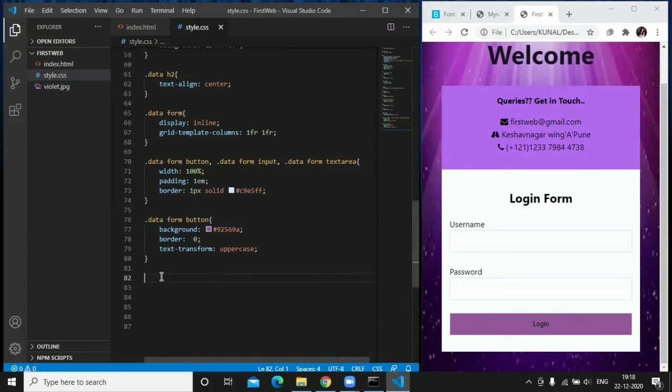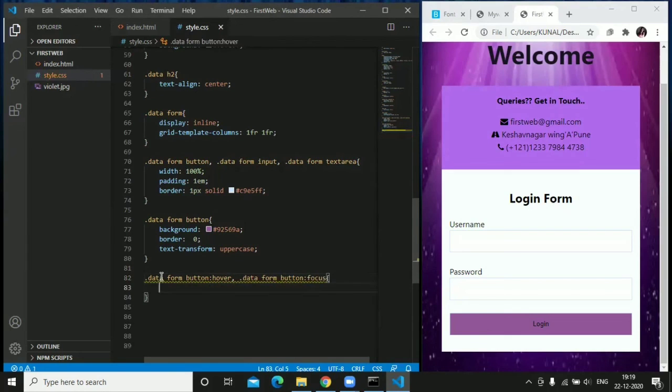Now as you can see, when we hover over the button, nothing is displayed. So the color should be changed. So we will add the properties for that as well. So write data form button, the attribute would be hover, and when the button is focused, write data form button, attribute focus.